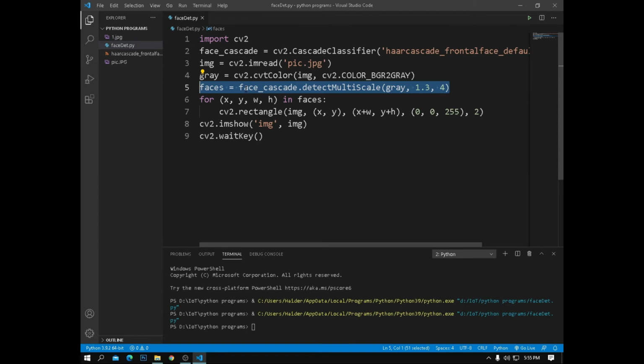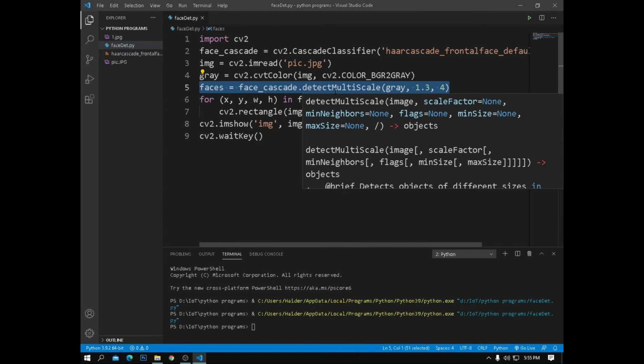Detect the faces. This is detectMultiScale. The detectMultiScale function is used to detect the faces. It takes three arguments.